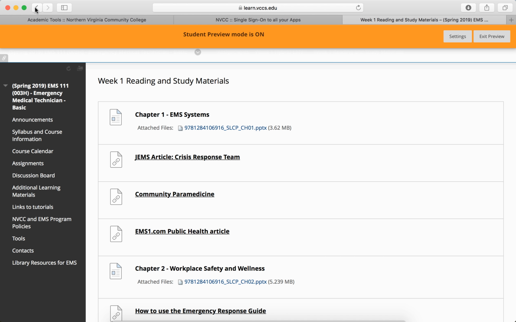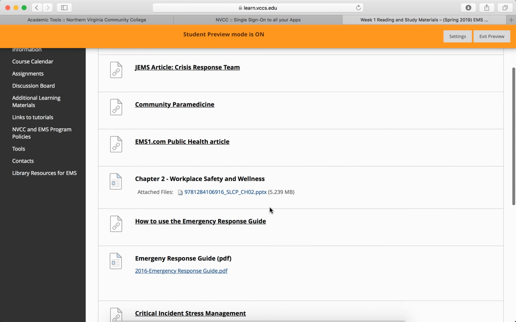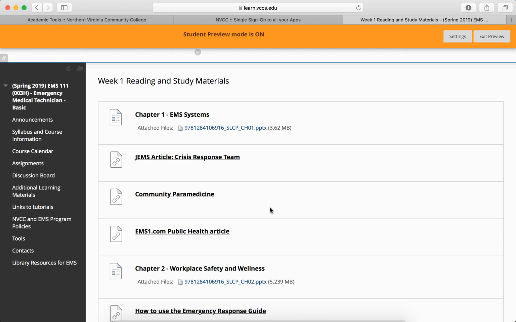Some of these are very short articles. PowerPoints for each chapter are going to be included in your study materials, and in addition to that will be other resources that will help you in learning, because keep in mind that this is taking the place of face-to-face instruction. So if you're looking at this and thinking how overwhelming it might be, first of all, bear in mind